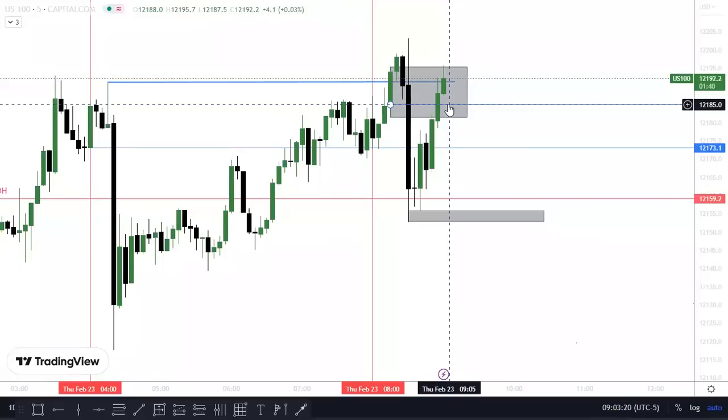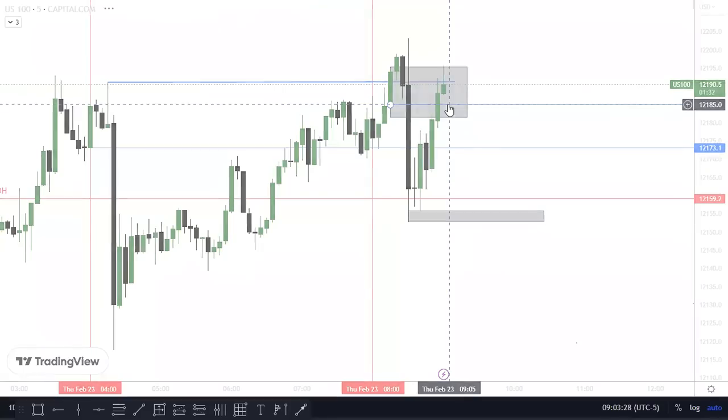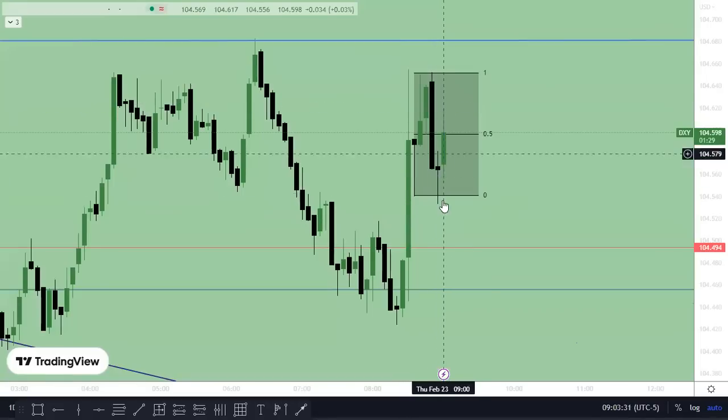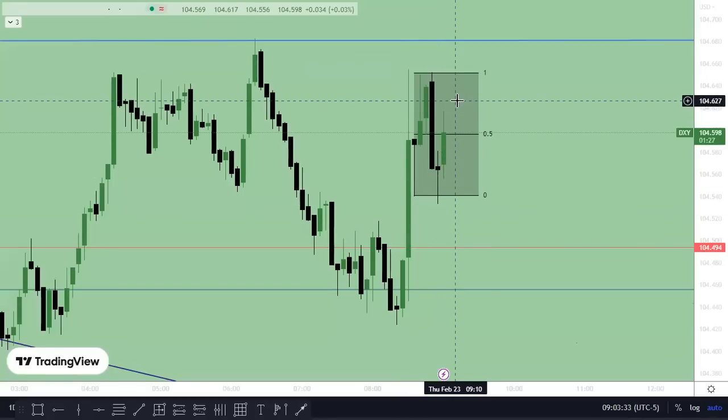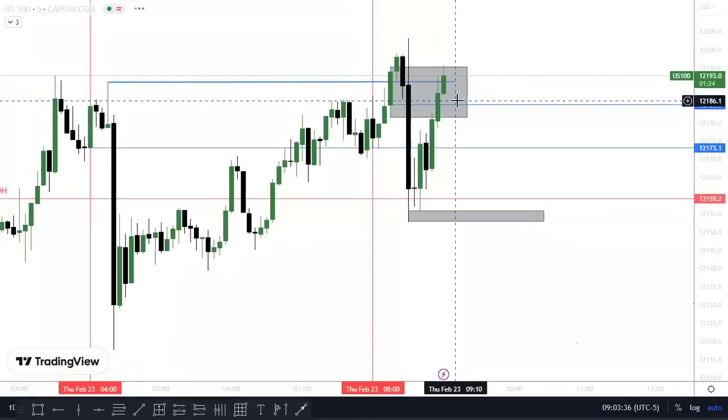Where is that speed that I want? Pretty sure DXY is already moving. So why is NAS being held? Yeah, see? DXY is moving. Why is NAS being held? It's all on the youths, man. It's a test. Projection levels are 12 to 10. I'd rather not see 12 to 10 get traded to, but it is what it is.